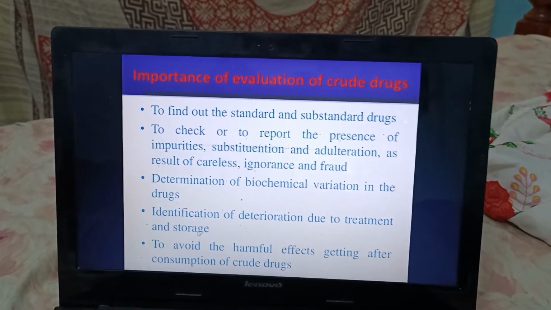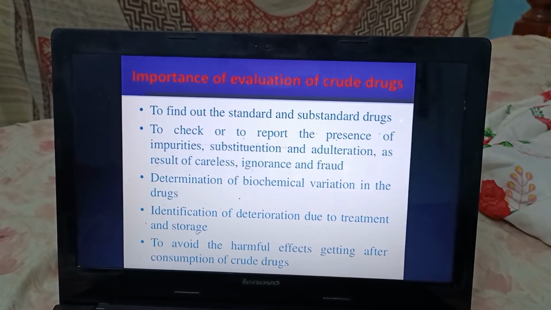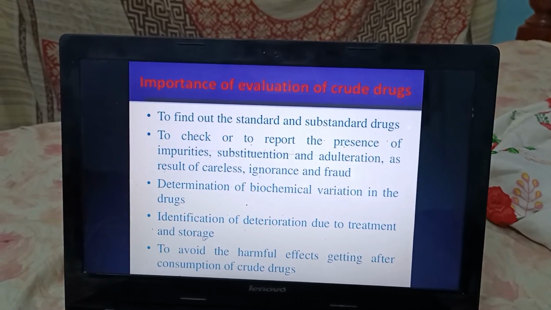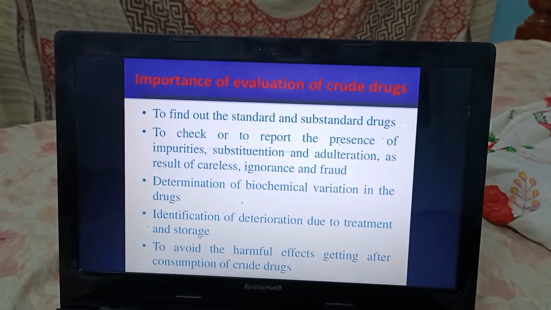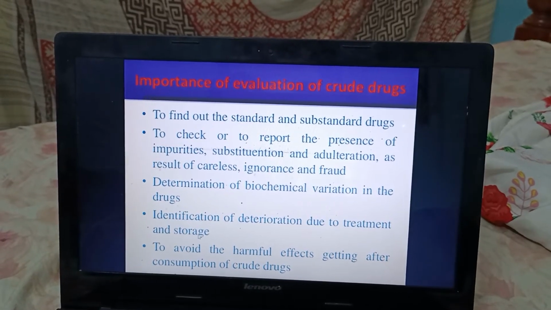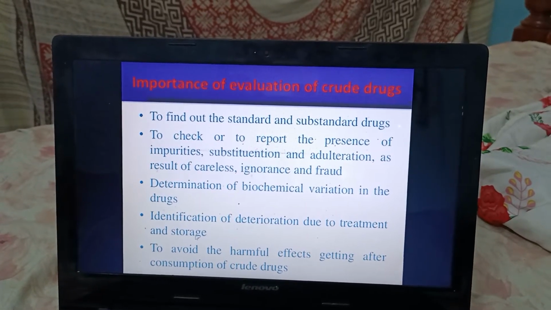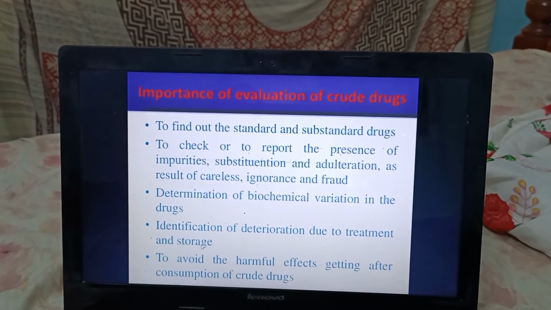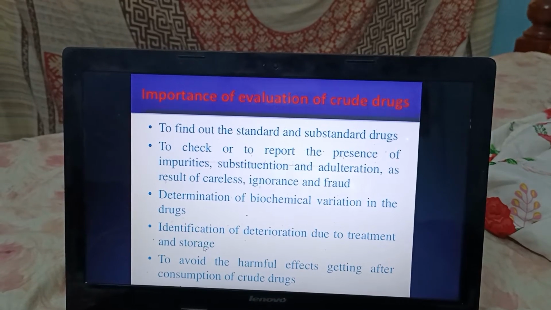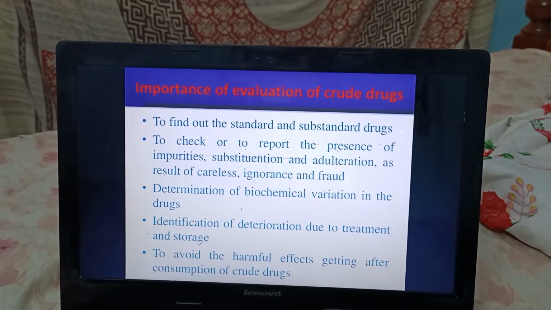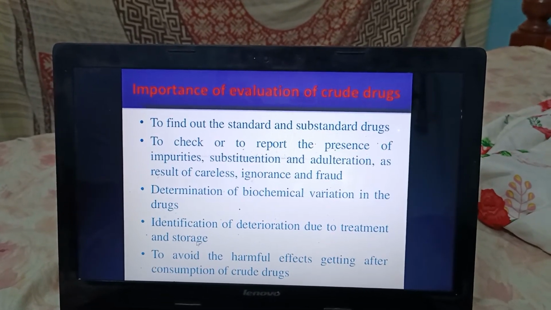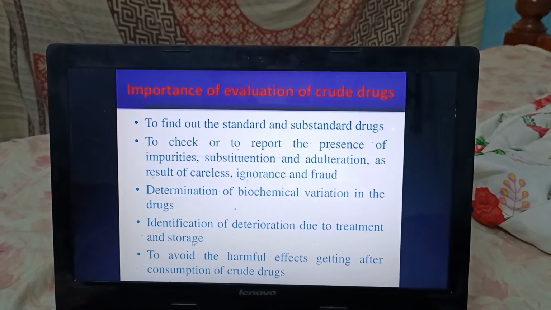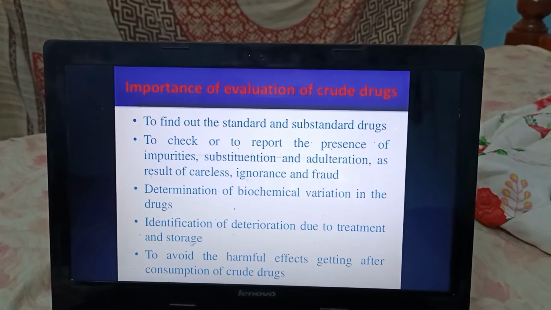Okay. So after evaluation only we should know the importance. If the evaluation part is complete, we can finalize: this drug is very much useful, this drug has no side effects, this drug has this kind of biochemical characteristics, so we can consume it. So after completion of these evaluation parameters only, we should know the properties of the entire form of the drug